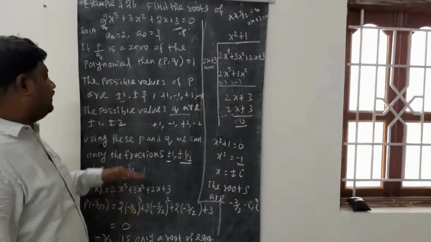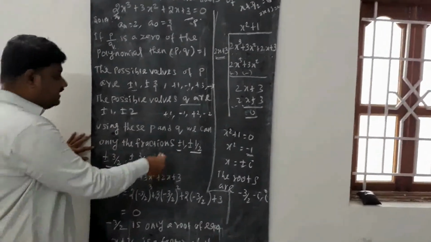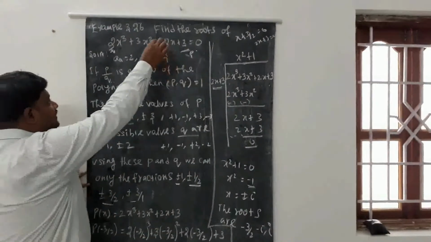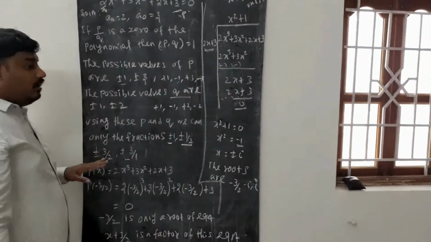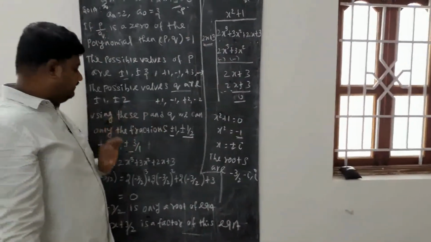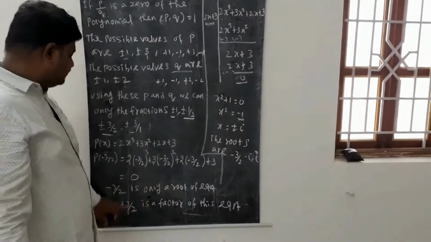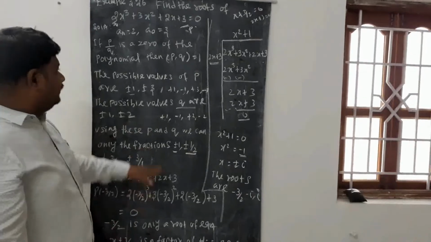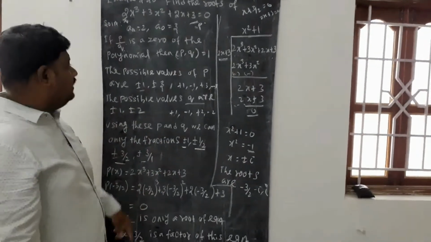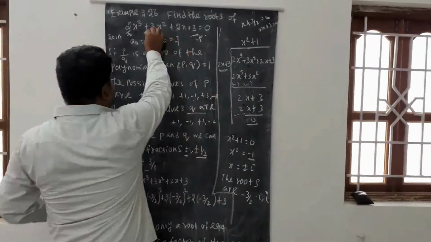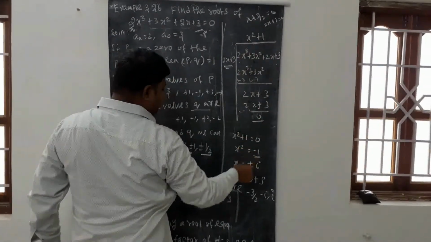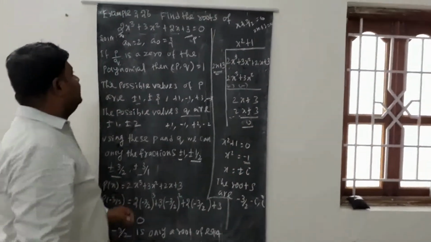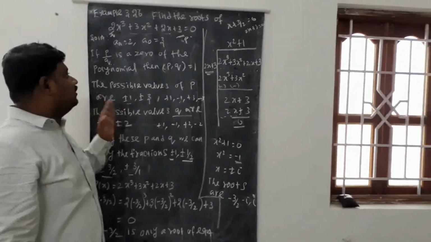So these are the possibilities. Using these possibilities, apply them to this equation. You get one of the roots of the equation. Sometimes not all of them satisfy the equation; here one value satisfies it, and therefore it's a root of this equation. Using the root, we find the factor and divide this polynomial by this factor. You get the quadratic, solve the quadratic equation, and you get the two roots. This is the concept of the rational root theorem.